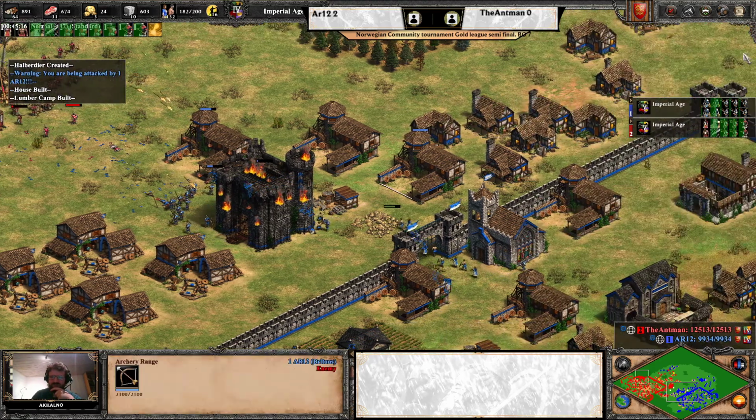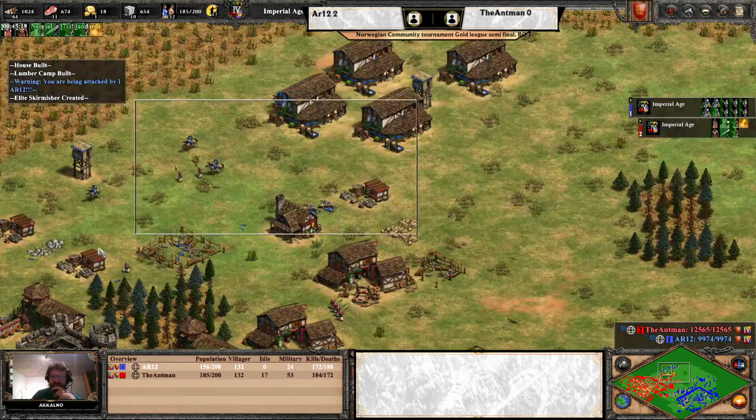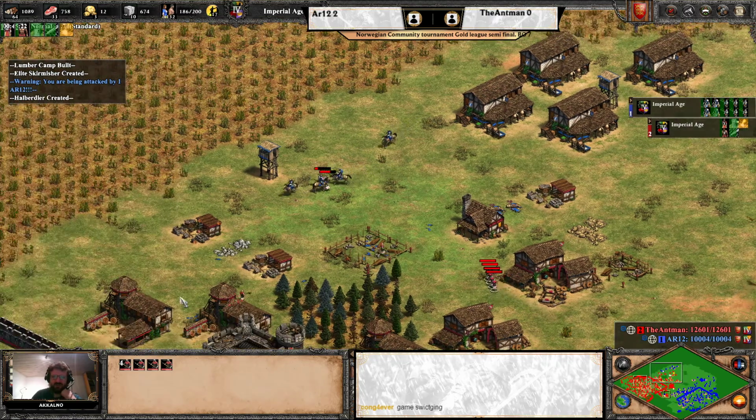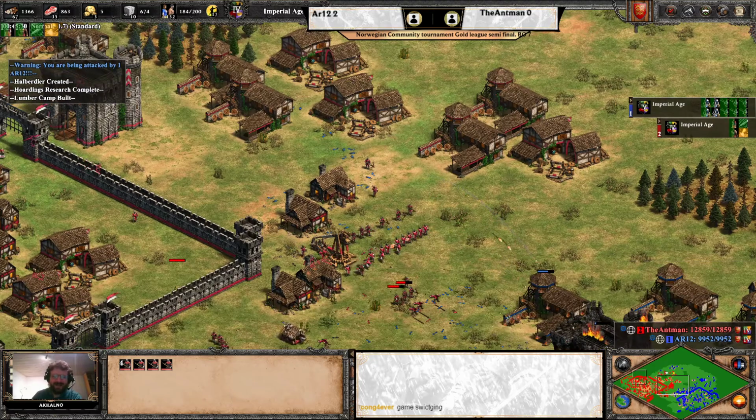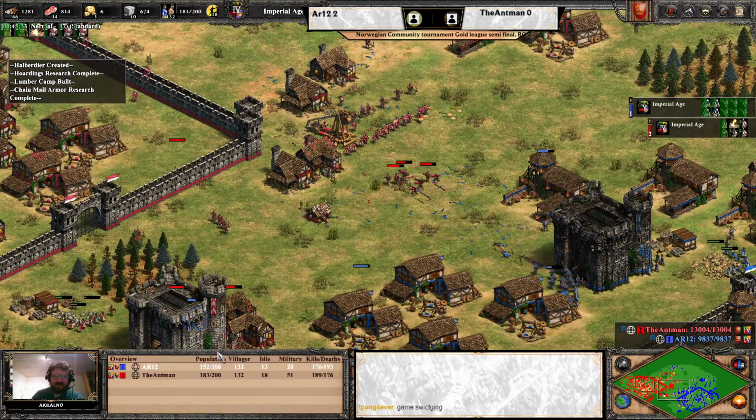22 here. The Britons' range is producing quickly, the raids have been dealt with over here. Halberdier in the making for the Ant-Man, making the right counter choices here. Oh! And suddenly the